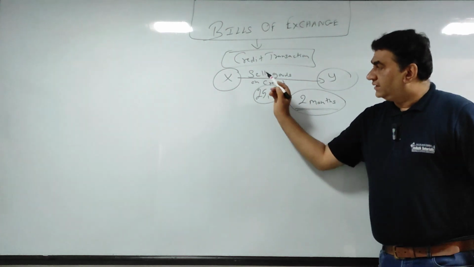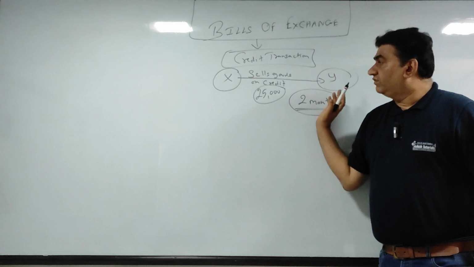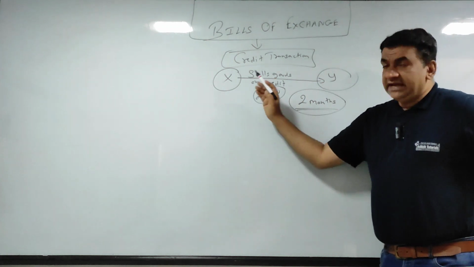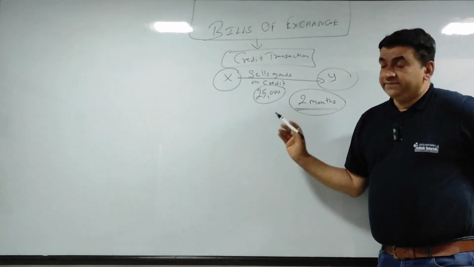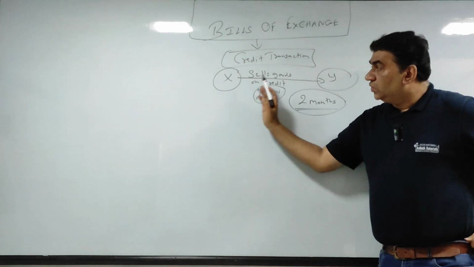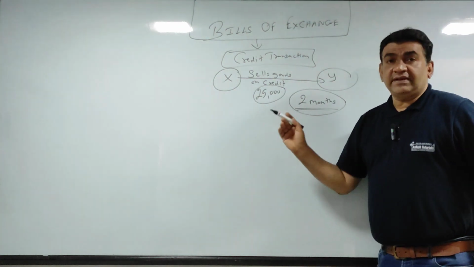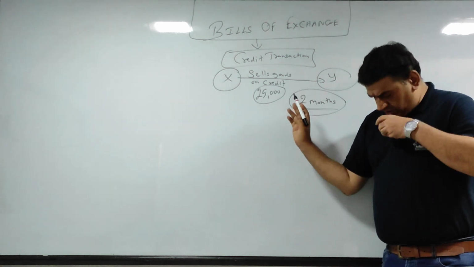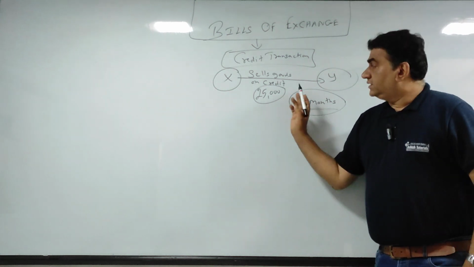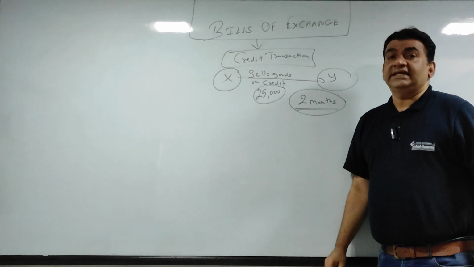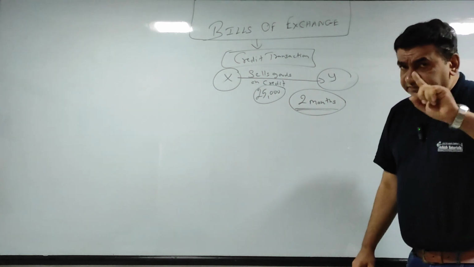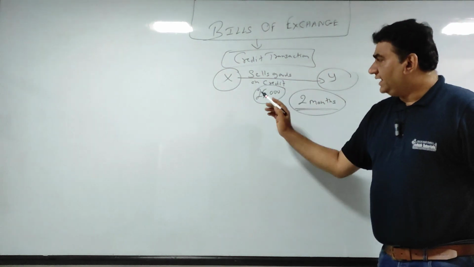Now see, X has sold to Y. Today it is a credit transaction. There is no money transaction involved. Money matlab there is no receipt and payment of money. Value of goods is there, 25,000, but receipt and payment of money is not there. So can I say,